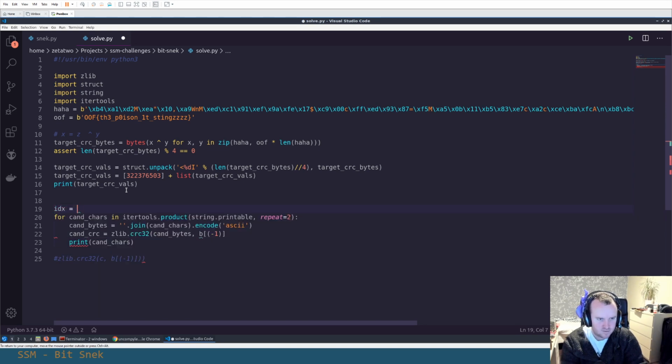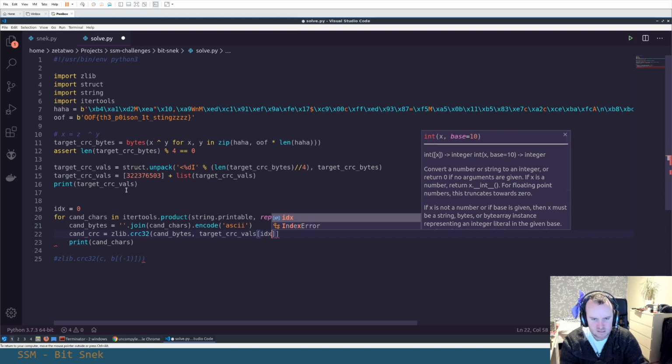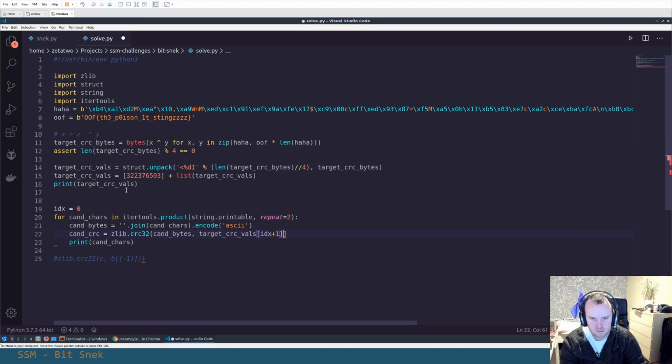We have an index variable here, and we will take the target CRC values and the index. Sorry, the seed value will be the current index, and then